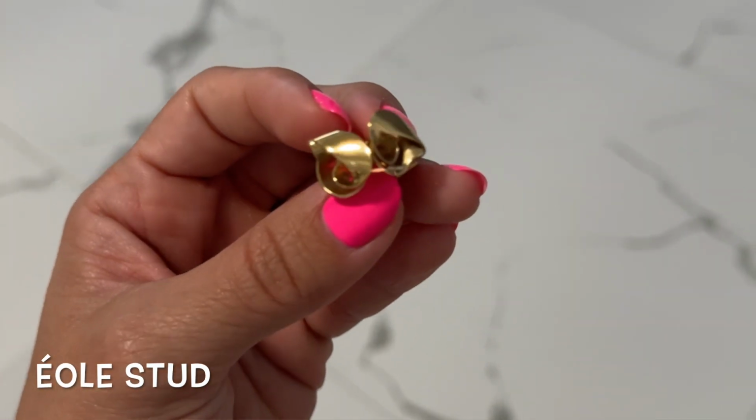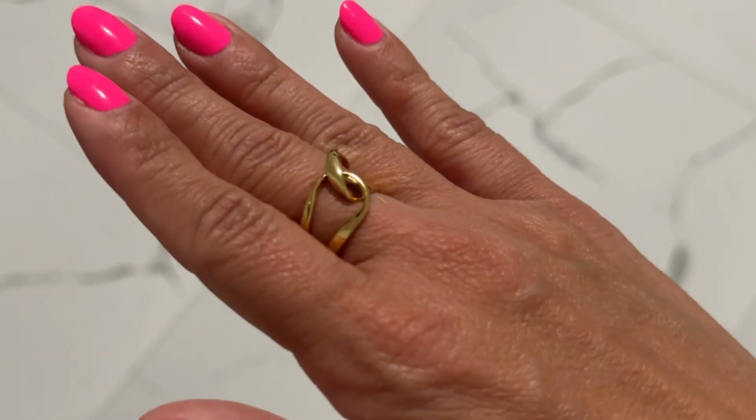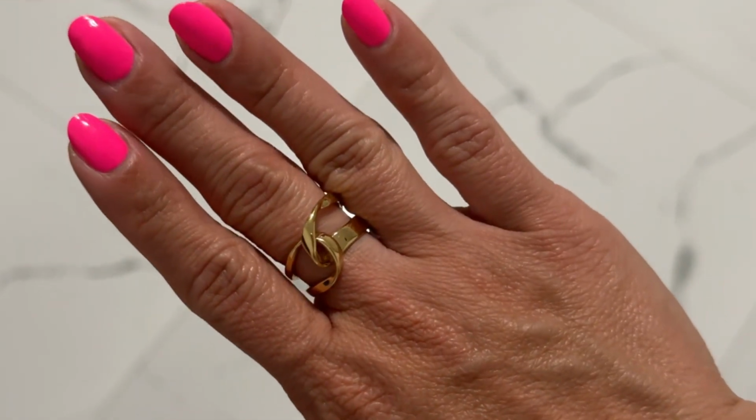Now I want to get into my Polene jewelry, which is one of the ones that I have owned for, I want to say, over a year already, and non-intentionally I'm actually wearing the pieces today. So I do have the earrings on. I actually am wearing the ring as well, and I cannot say anything but great things in regards to these